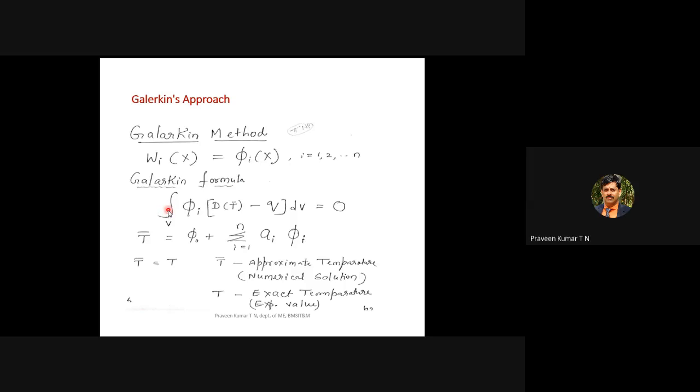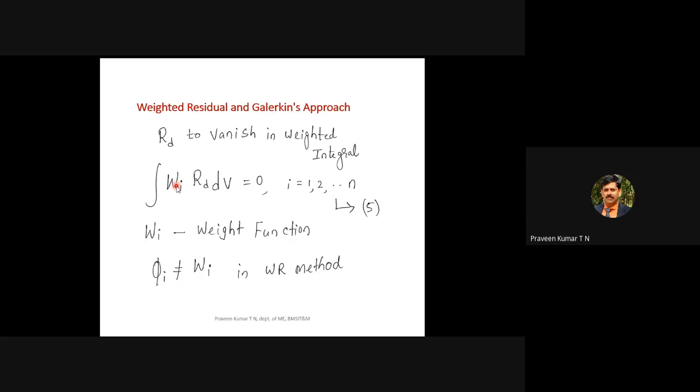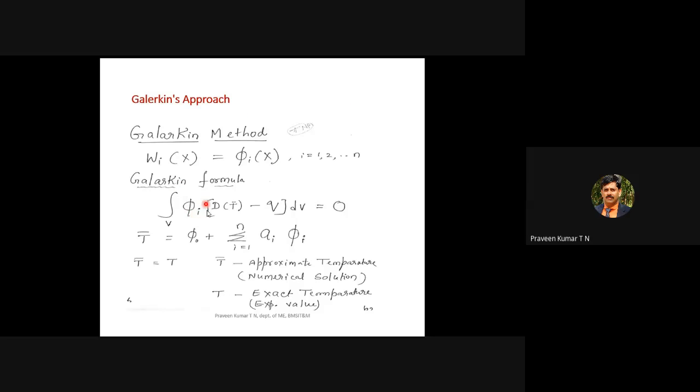Many problems are solved using the Galerkin method. In the first module, we already dealt with this; we spent 2 to 3 hours on the Galerkin method and Rayleigh method. Now you can study some problems so that you can understand heat transfer better. In the Galerkin method, Wi is equal to phi I. The Wi within the integral, which we had previously, is replaced by the phi I function.